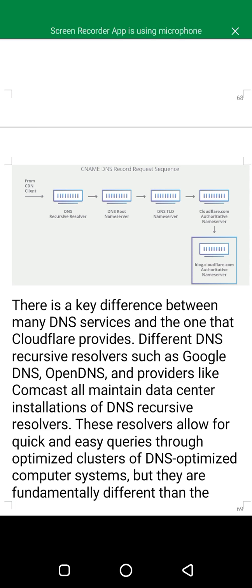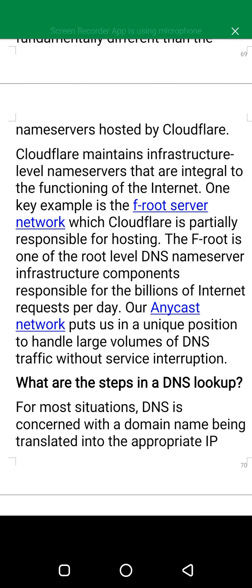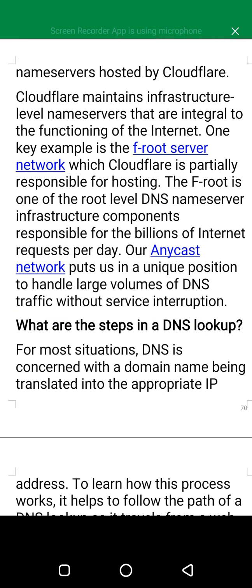These resolvers allow for quick and easy queries through optimized clusters of DNS optimized computer systems, but they are fundamentally different than the name servers hosted by Cloudflare. Cloudflare maintains infrastructure level name servers that are integral to the functioning of the internet.